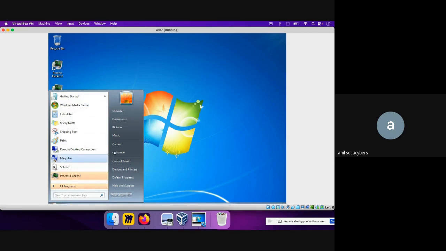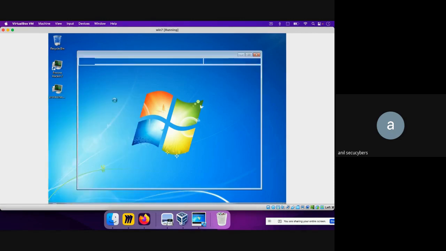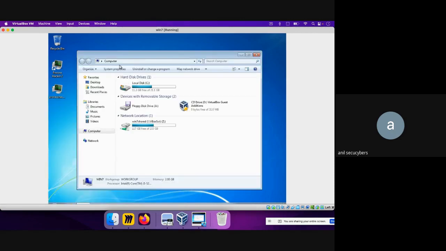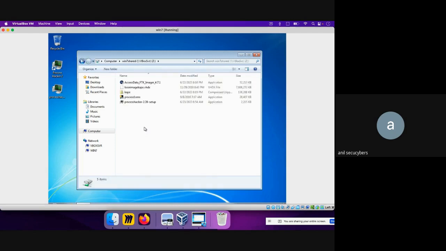And let me go over here, Computer. If you see, I have shared a folder with this host. If I go to this folder, you can see there are multiple other files existing on my host, and they are there over here. Okay, so last time I was trying to ask you guys to